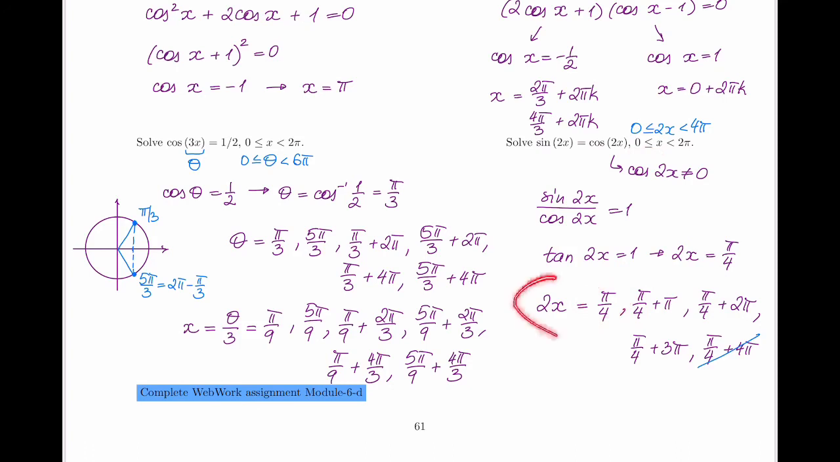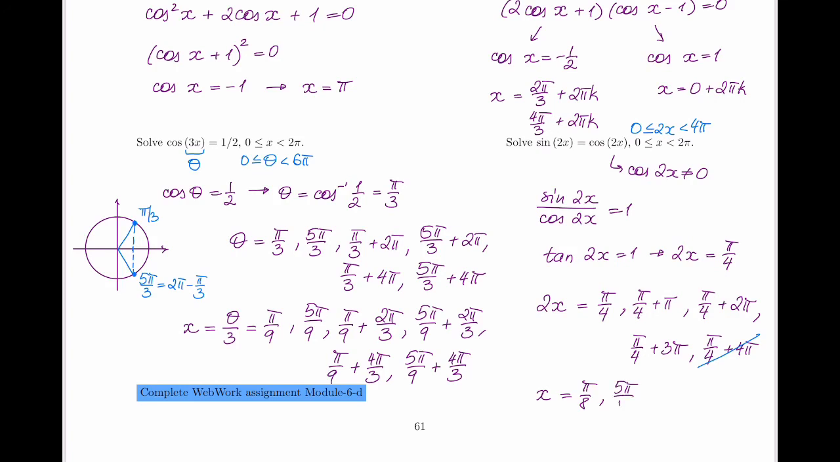Now, so far this answer is in terms of 2x, so I'm going to divide everything by 2 to make it in terms of x. So my x's is going to be pi by 8, which is pi by 4 divided by 2. And then I'm going to have an expression for each one of these. I can, of course, also pull them together. So, for example, pi by 4 plus pi is 5 pi by 4. So my next angle is going to be